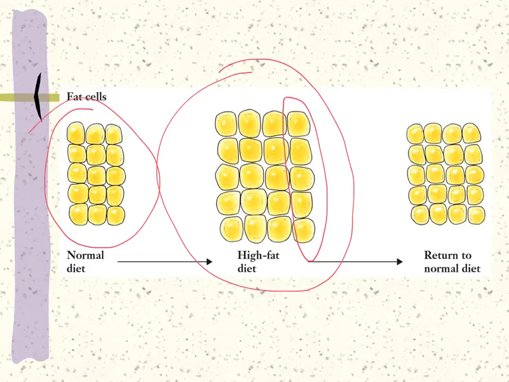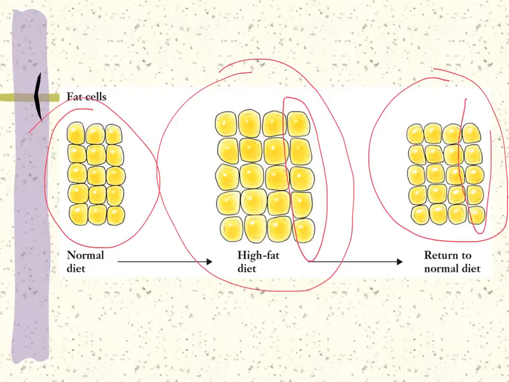Notice that the size of the fat cells diminishes, but that extra column of cells is still there. This highlights the point that once you create fat cells, you cannot destroy them. You can only diminish them. Also, if you gain a lot of weight, you're also increasing your set point. So if you gain a lot of weight and you try to lose it and get back to what you were previously,